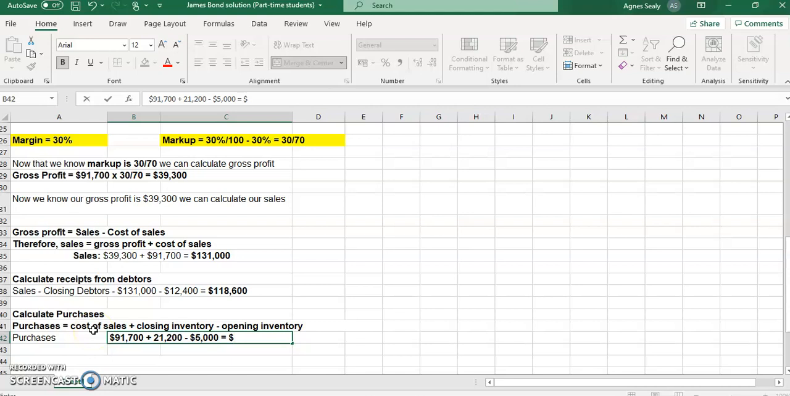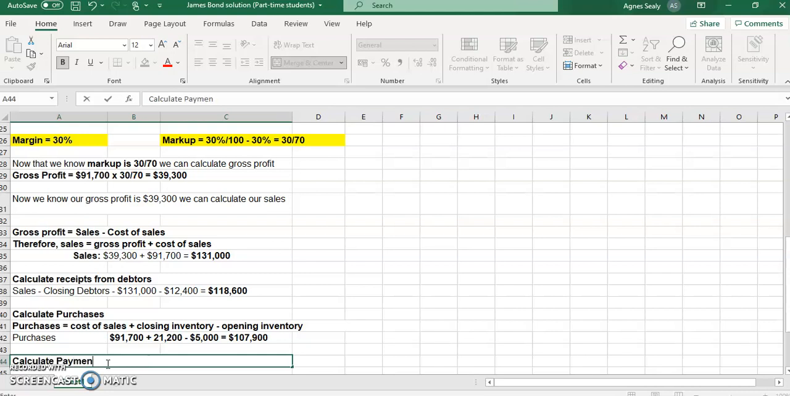91,700 plus 21,200 minus 5,000. That gives us our purchases. Yeah, I made a mistake. 91,700 plus 21,200 minus 5,000 gives us purchases of $107,900. So our purchases are $107,900. So since we know our purchases, we can calculate